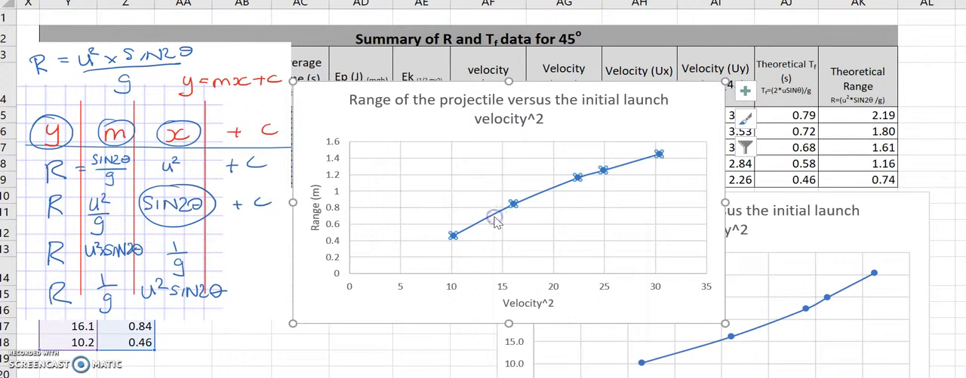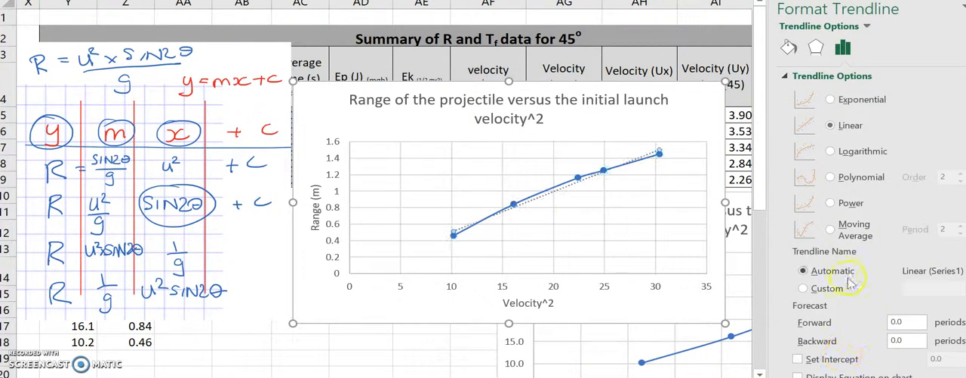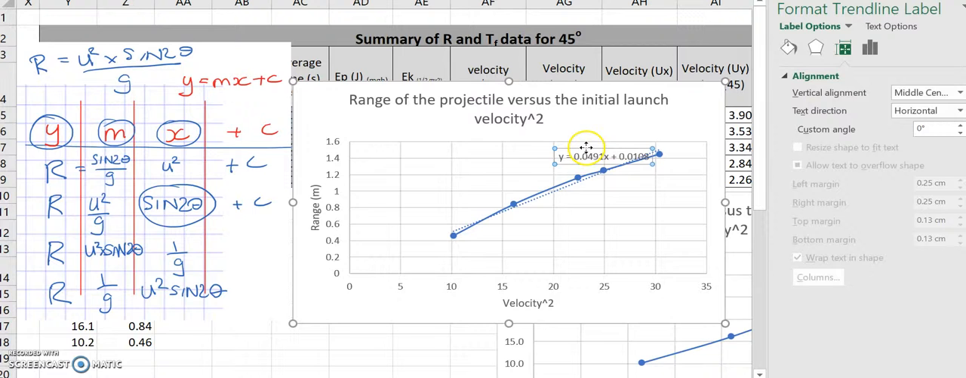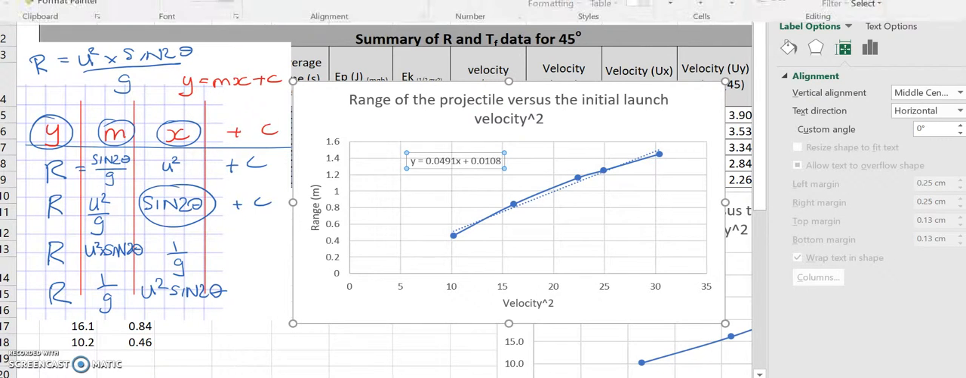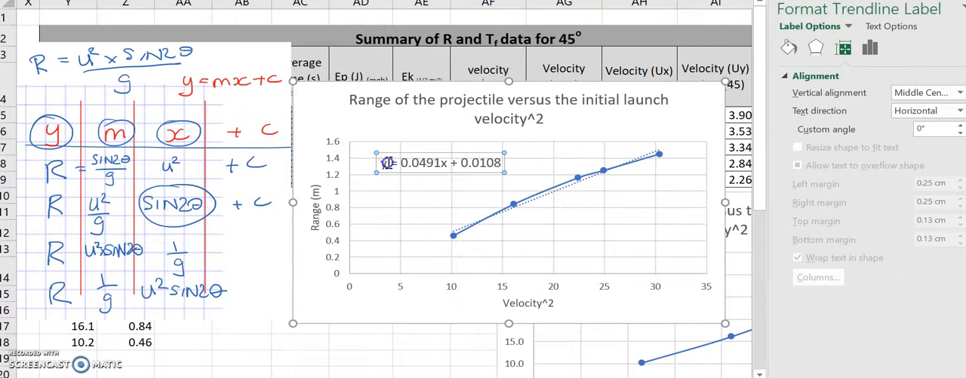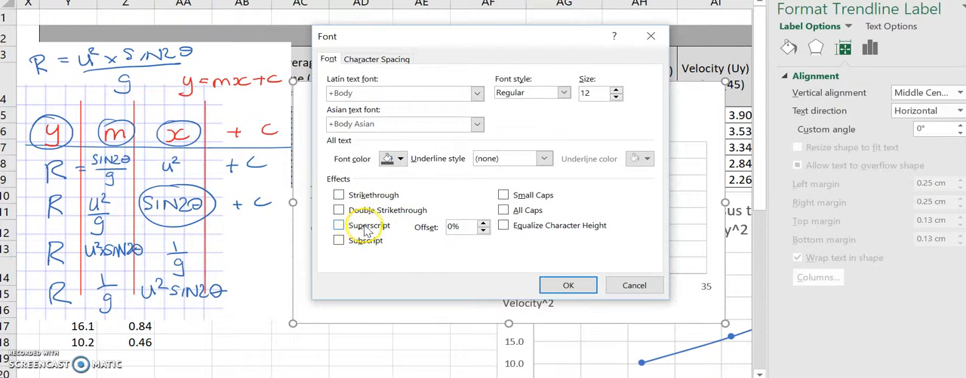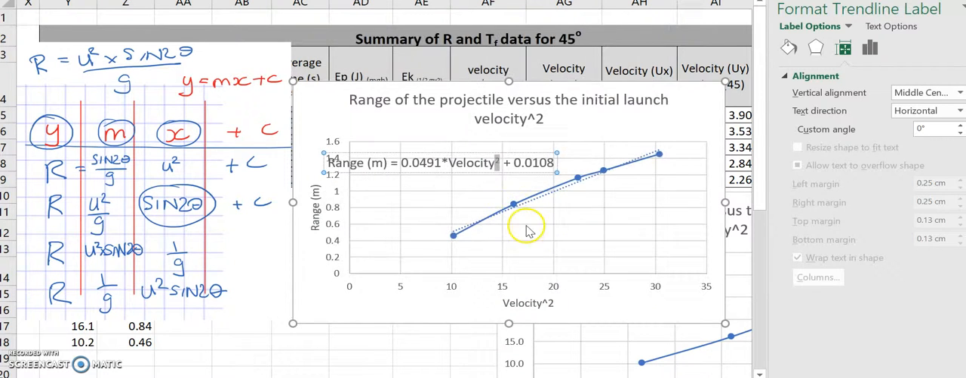So what I could do instead is I could right click on here, add a trend line, and we know that it needs to be linear, so I'm going to leave it as linear, and I'm going to put the equation on the chart. And this is my equation. I'll just make that a bit bigger so we can see it a bit better. And we've said before that the y is actually the range. So the range in meters is equal to 0.0491 multiplied by x, which is a velocity, the velocity squared, let's make that a superscript, the velocity squared plus